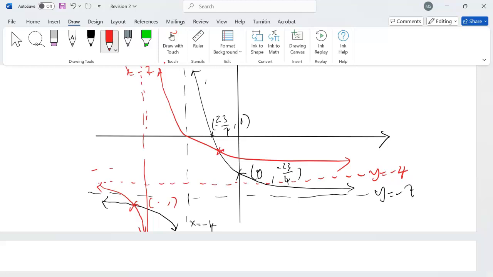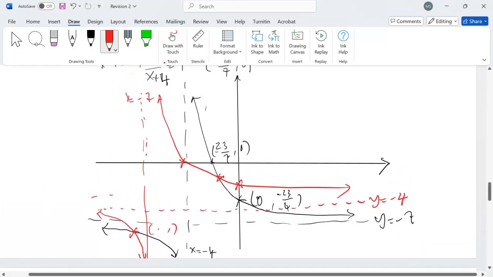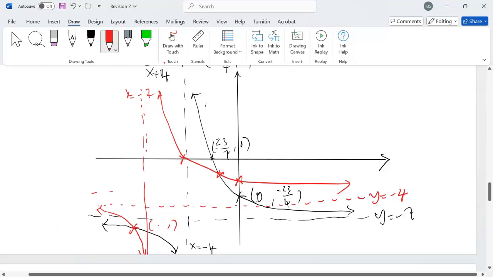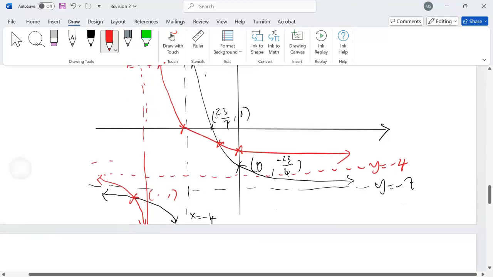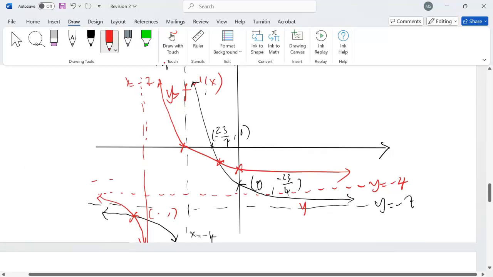So that's the intersection. You can give the coordinates. Drawing is not accurate, so that is what you do, okay? So please give the coordinates. I'm not writing it in because it stops at 15 minutes, all right? And label. So this is your y equals f inverse of x, and this is your y equals f(x). Okay,